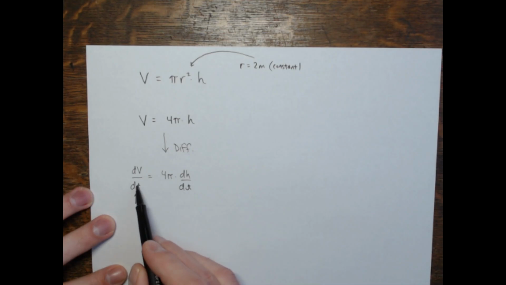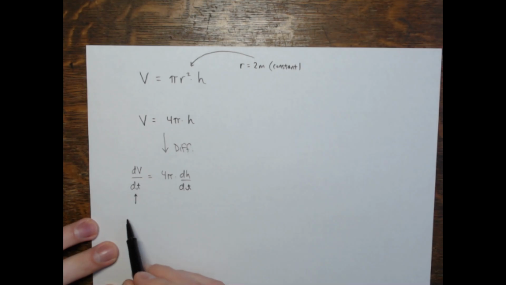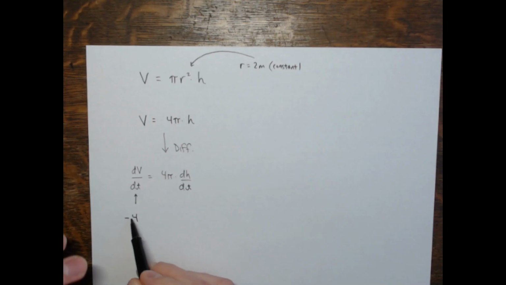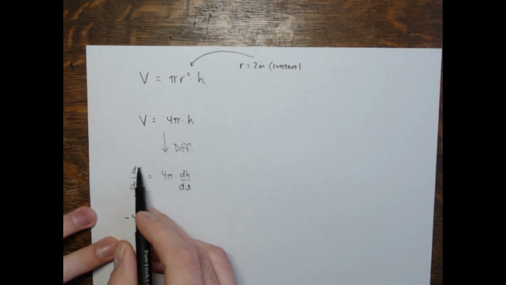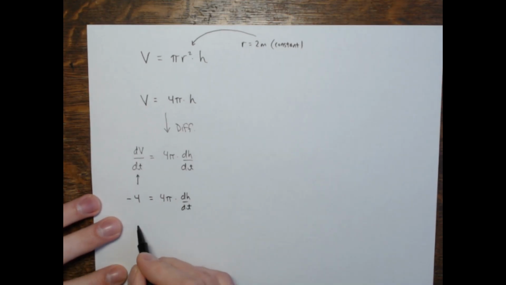And then the volume, they said that the water was leaking out at a rate of 4 cubic meters per second, right? So dV/dt is negative 4 cubic meters per second. The volume of the water would be decreasing. So I'm putting negative 4 in for that,